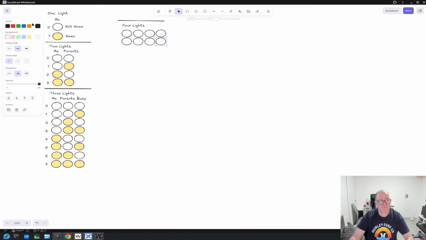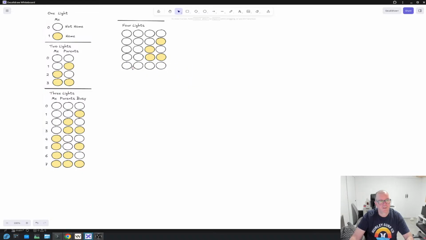We can have only the first light, or the last light. We can have only the second light. So just to follow a pattern here, we can have the first 2 lights on. We can have only the second light on.